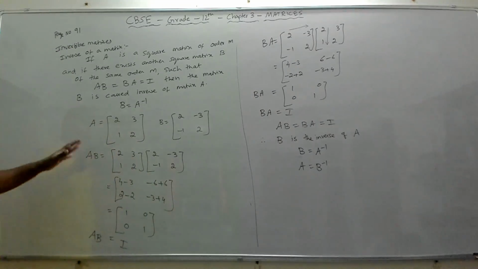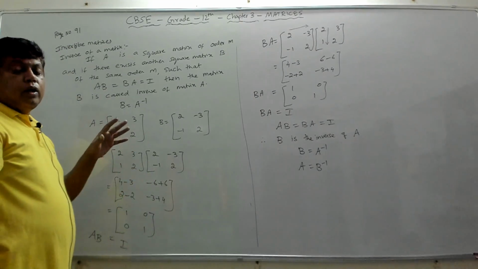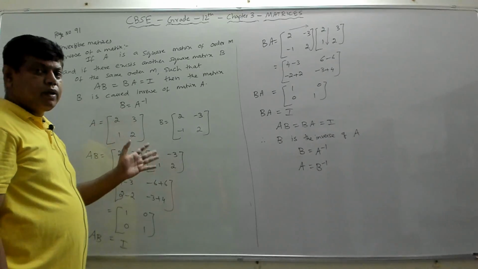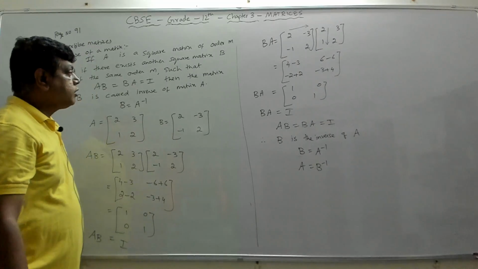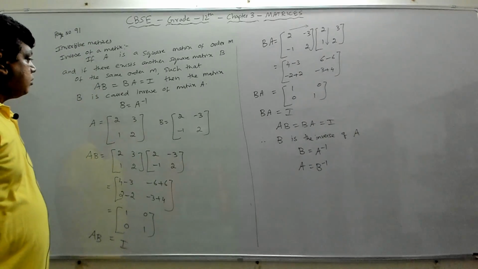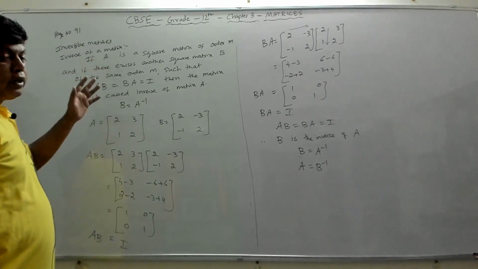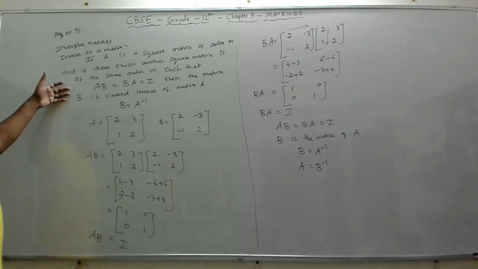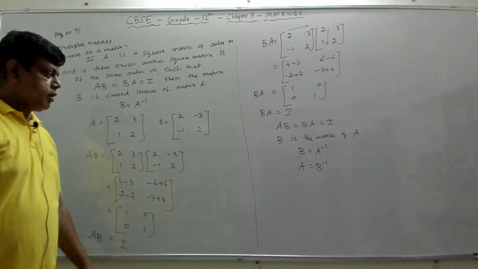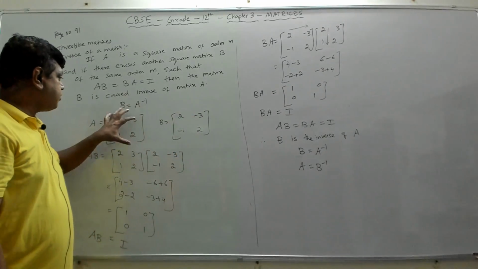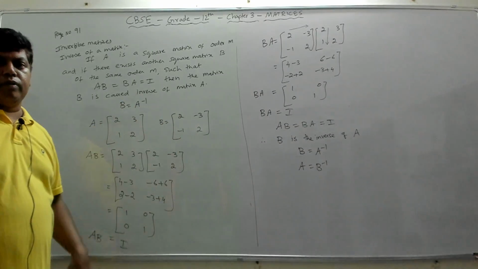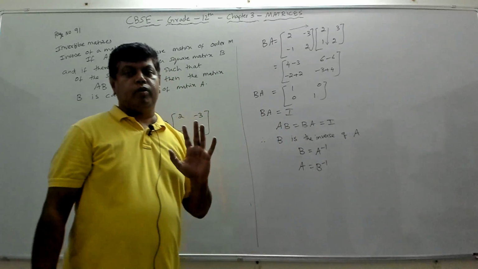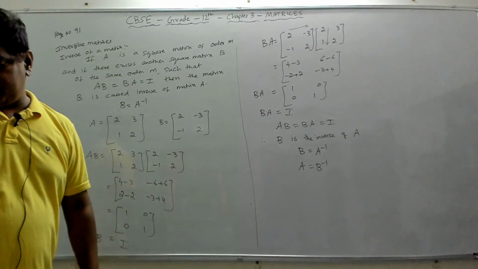Fine. So this is about inverse of the matrix, and we will be using the elementary row and column operations to find the inverse of a matrix. That you can watch my next video for, finding the inverse of a matrix using elementary row or column operations. Now this is the definition of an inverse of a matrix, and this is an example for that. There are two matrices, so B is called inverse of A. You can even call A is the inverse of B. Doesn't matter. As long as this condition is satisfied, then you can call one is the inverse of the other, and vice versa.